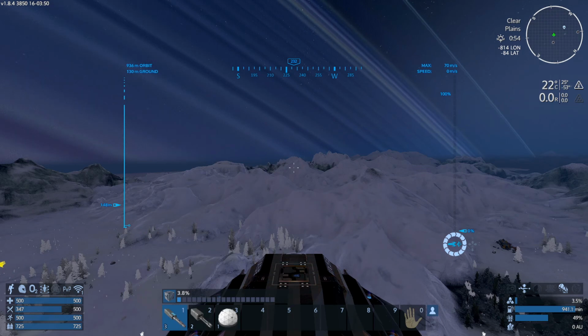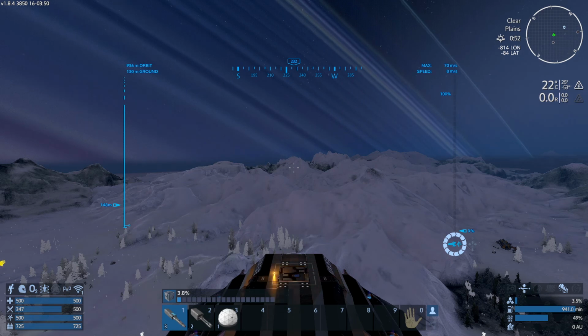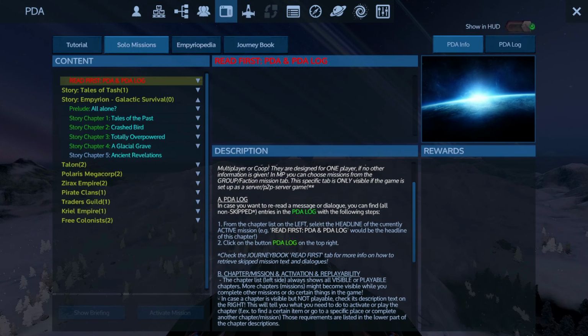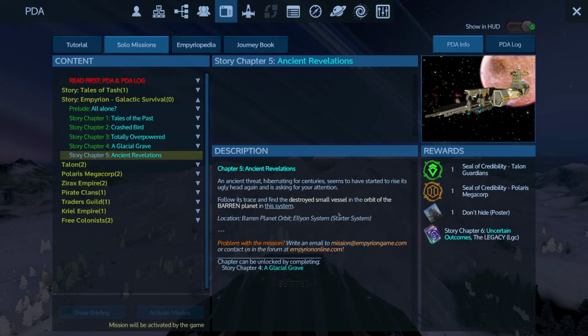Welcome to this series where we are taking a look at the 1.8 update for Empyrion Galactic Survival, which was released in June 2022. And in this part, what I want to do is carry on with the main mission, which means that we've got to go to Ancient Revelations. So we've got to go and find a destroyed small vessel in orbit around the barren